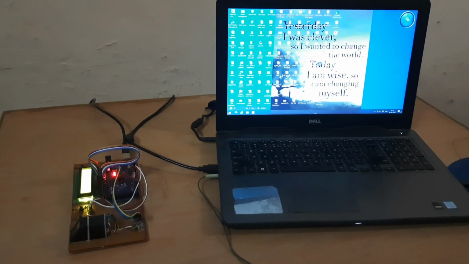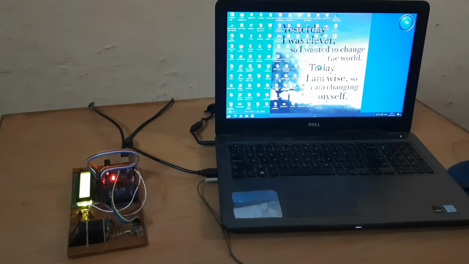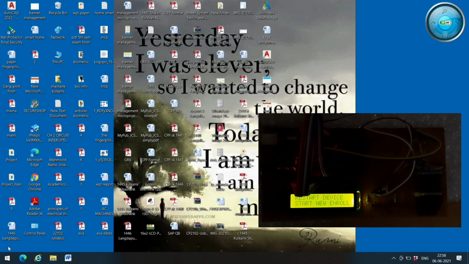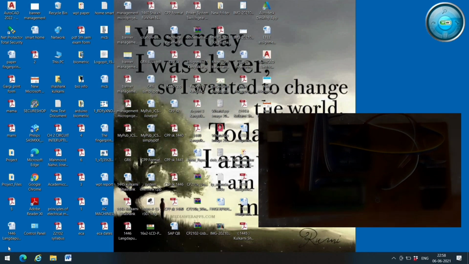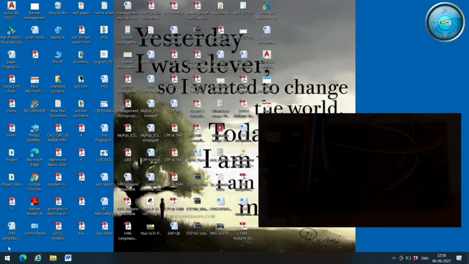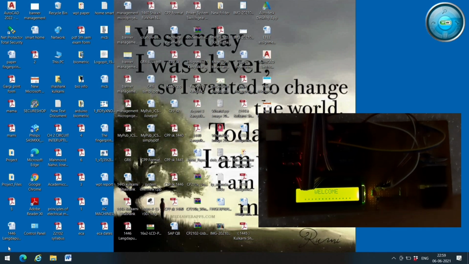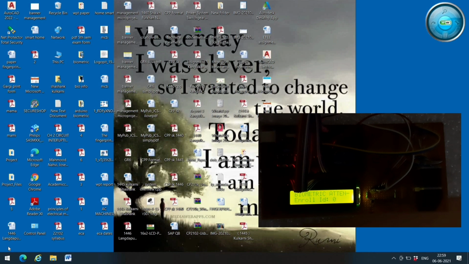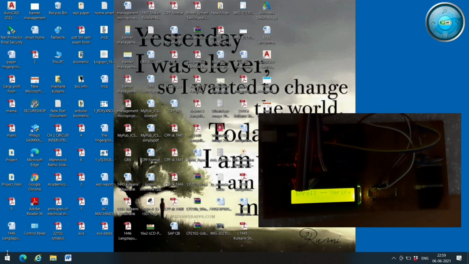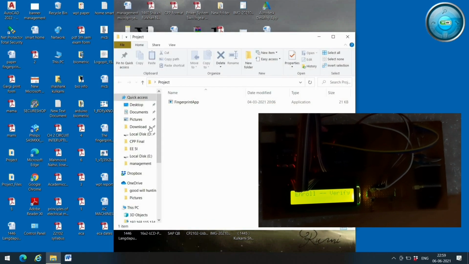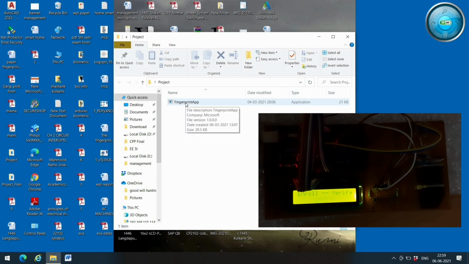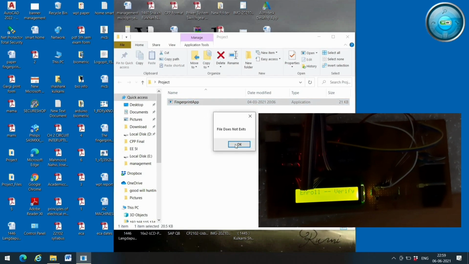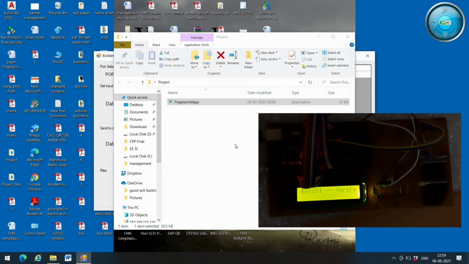We built it using .NET framework. See the LCD screen. Now we will run the fingerprint app, built using .NET framework.